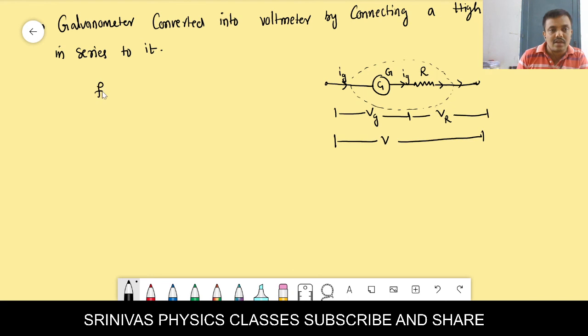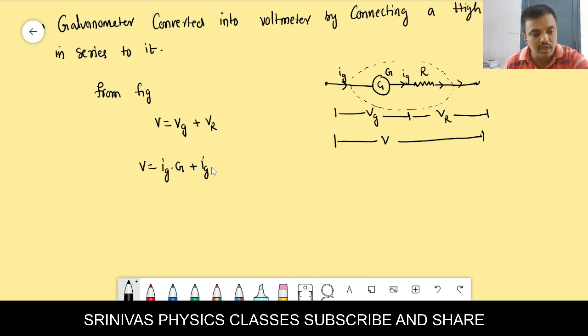So we write V is equal to V suffix G plus V suffix R. What is V suffix G? The voltage across the galvanometer, the current through the galvanometer into the resistance of the galvanometer. What is V suffix R? The current through the galvanometer into the resistance R, because the potential difference formula is